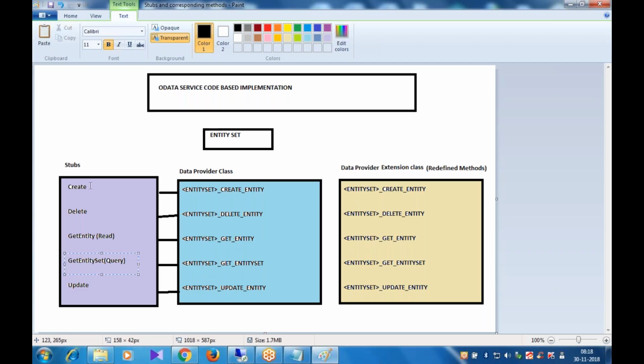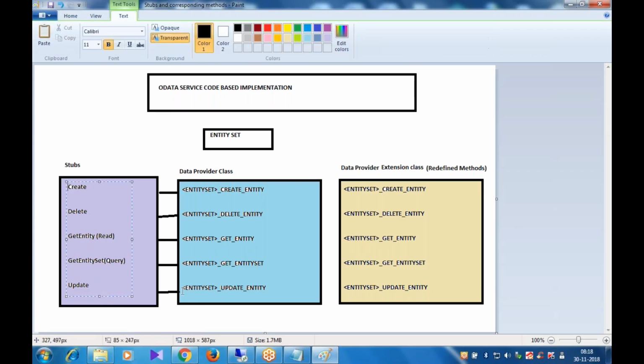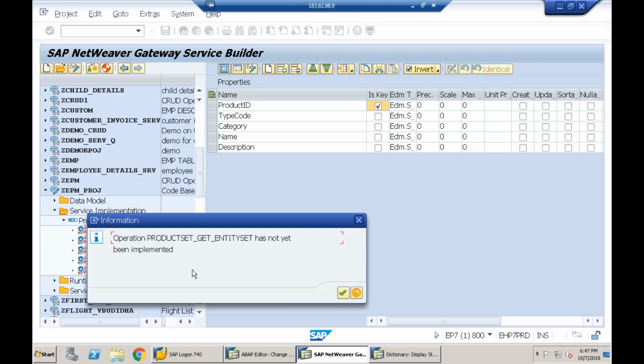So what I mean to say is every step will be associated with a method. Those methods are available as part of which class? Data provider class. They are available as part of data provider class and they get inherited to another class called data provider extension class. Same methods get inherited here. So if you observe here, what is saying here? Operation means that's about the method. Product set underscore get underscore entity set has not yet been implemented. So when I continue,